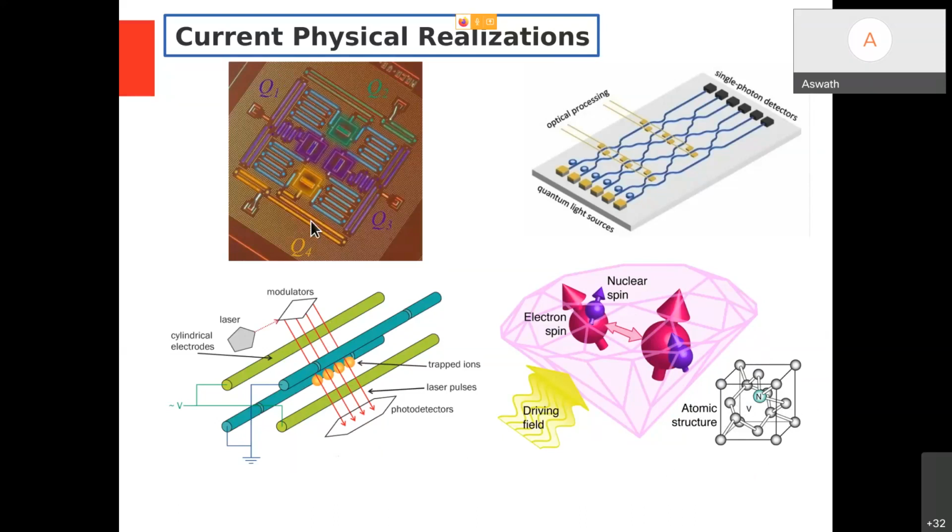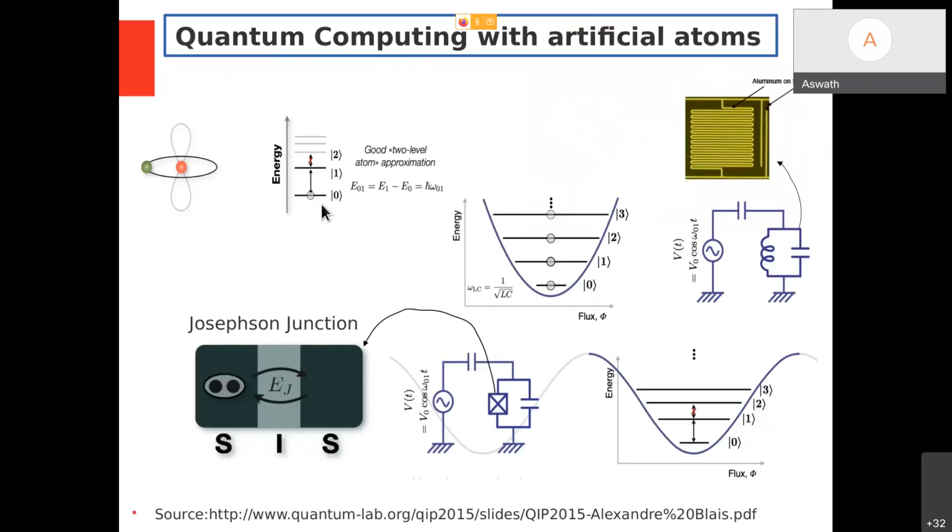So here you see in the transmon case, there are Q1, Q2, Q3, Q4 located. That means this setup corresponds to 1 qubit, which is 1 atom. This setup corresponds to another atom, and this setup another atom. To understand how electronic circuits would mimic an atom, a qubit, we will see in the next slide.